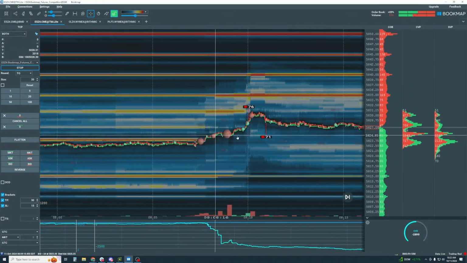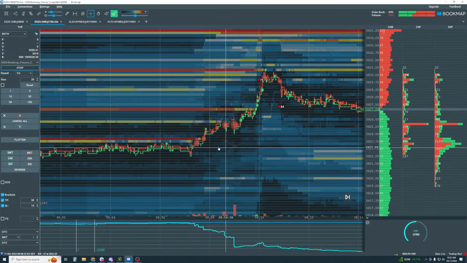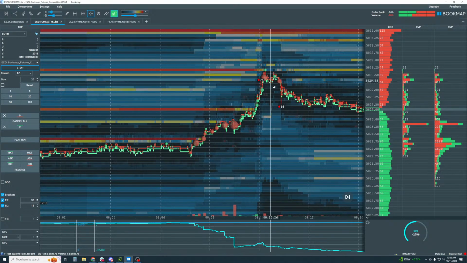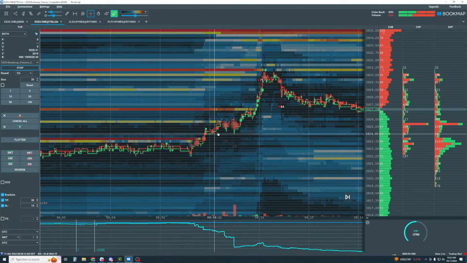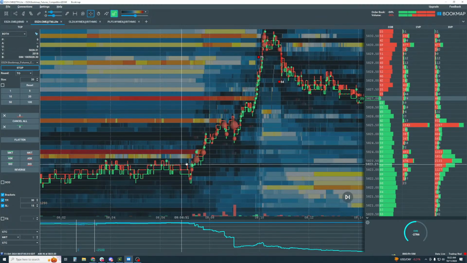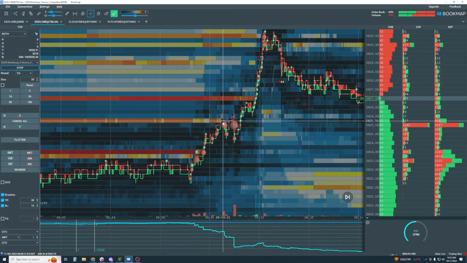All right, so look at this move here. Okay, what's odd about this move? What do you guys think? This is not so odd in here, this is more typical. But what's odd about this move here, from this kind of 58.23 on up to 20.26 or so? So price is moving up. I'm not trying to trick you or anything like that, but there's something wrong, or it looks wrong.